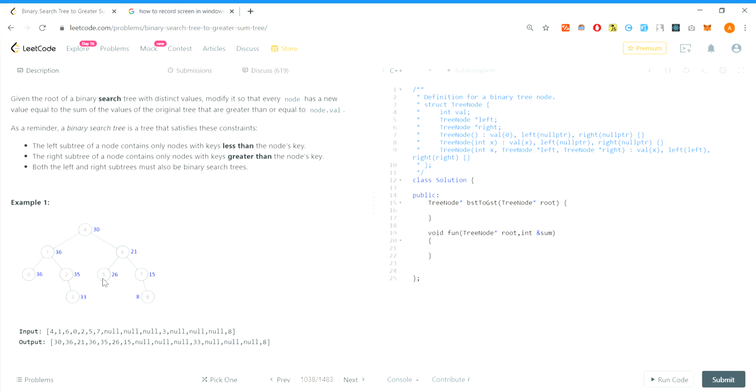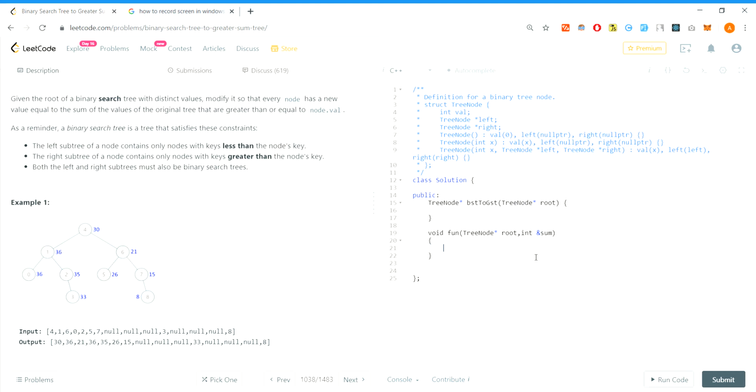And so basically we have to notice that whenever we are coming from the right side after recursion is taken out from the stack, then we have to update the current node. But if we are coming from the left side, then we don't have to update the node, because from the left side we will have the numbers which are lesser than the current node, right? So we have to carry that sum everywhere.